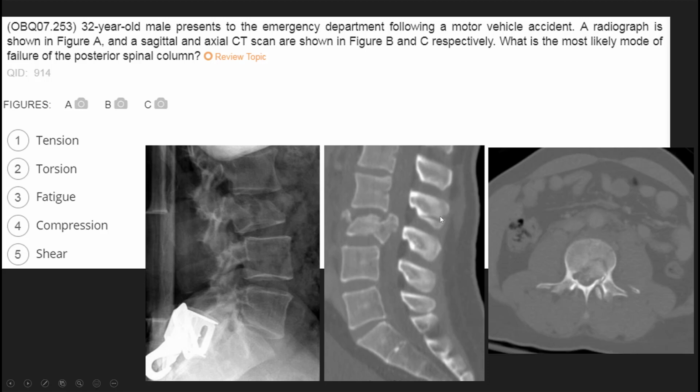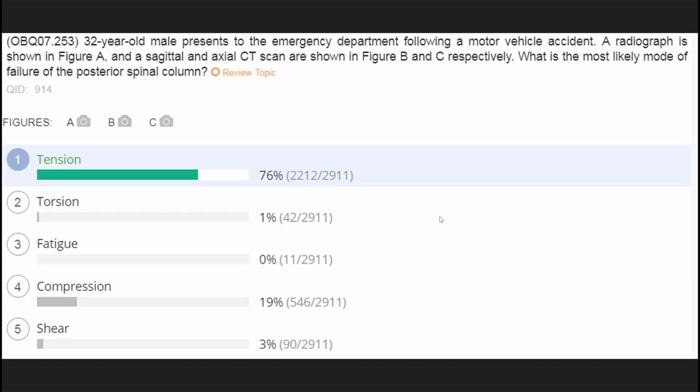But if you look at this one in combination, then it's a 3-column injury. Here, they're asking you what specifically is happening in the back. What is causing that failure? The answer to this one would be tension. All the ligaments in the back are a tension band for the spine, so when that fails, it's usually under tension. But if this question was redirected towards the front, then you would be saying compression, which is probably